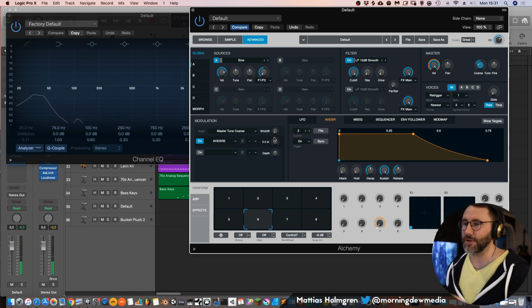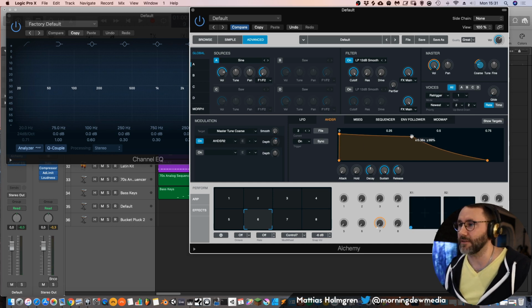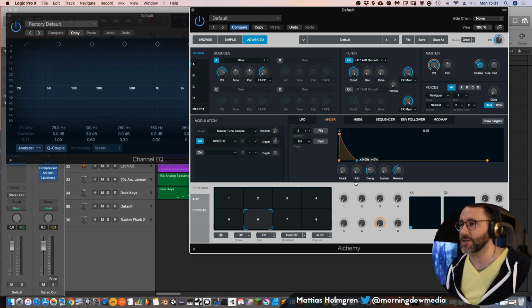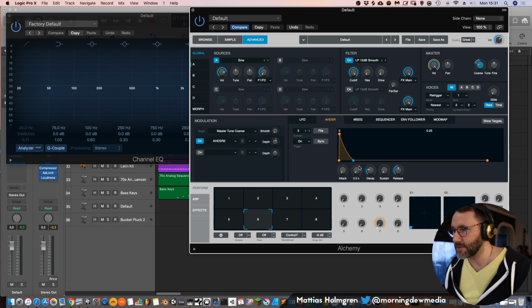At the moment it's not doing anything, you really need to change the amount here before we can hear any difference, any change. And let's drag this one to maybe 0.4 seconds. And now you can hear that you get that knocking in the beginning of your bass.